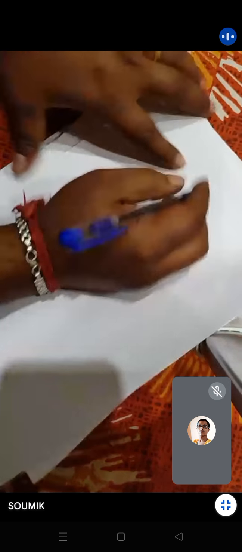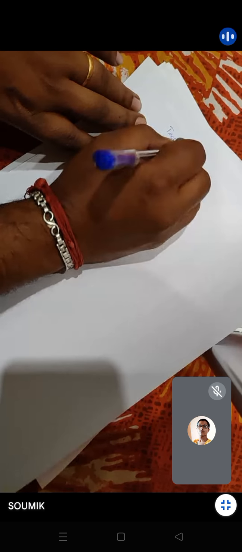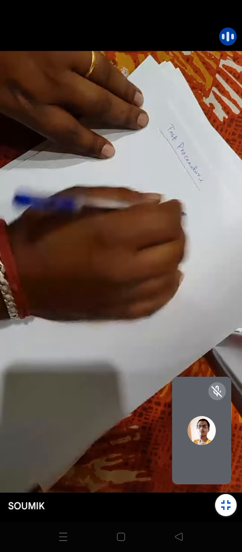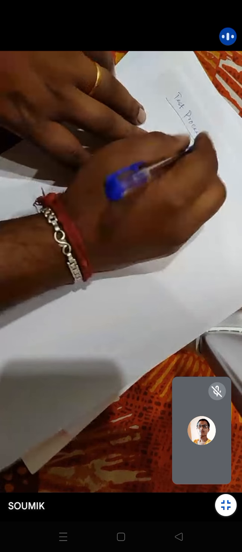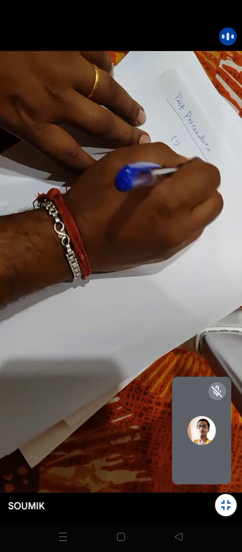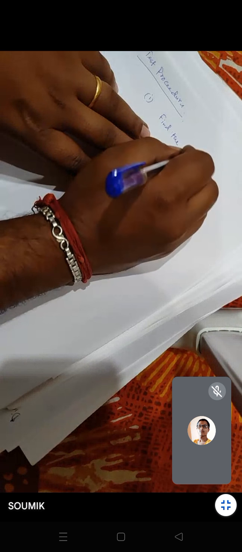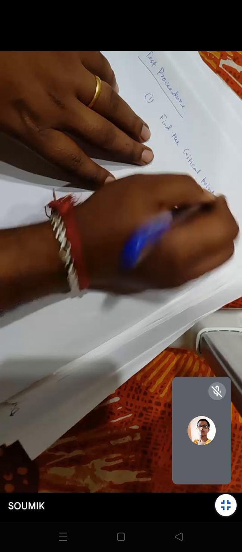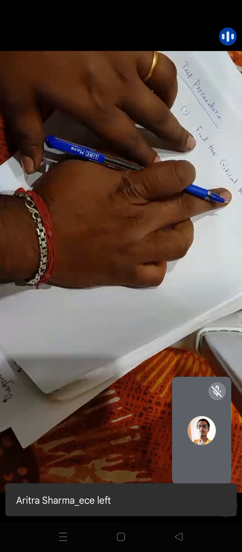আচ্ছা, প্রসিডিওর কি, কিভাবে? এবার প্রসিডিওর, এটা তো গেল টেস্ট, এবার টেস্ট প্রসিডিওরটা কিন্তু খুব ইম্পর্টেন্ট, ওকে। টেস্ট প্রসিডিওরটা কি বলছে, বলছে প্রথমে কি করতে হবে, প্রথমে ফাইন্ড দি ক্রিটিক্যাল পয়েন্ট, that means find the critical points,